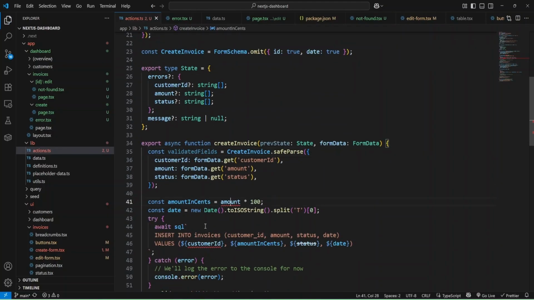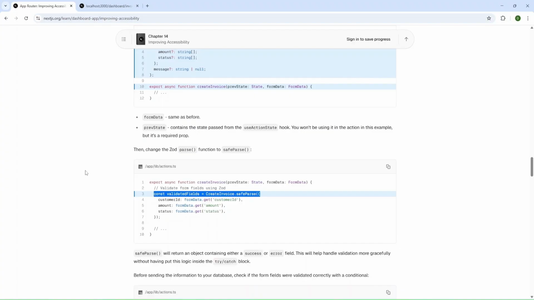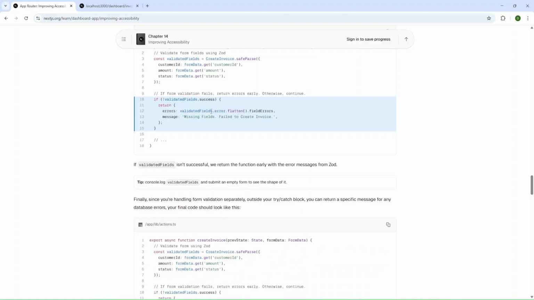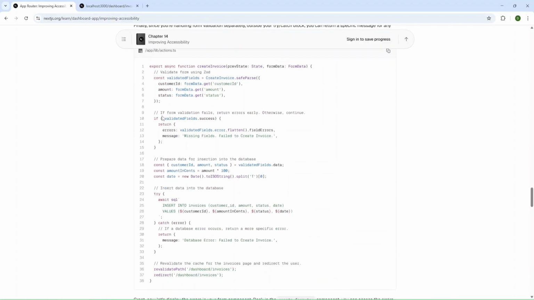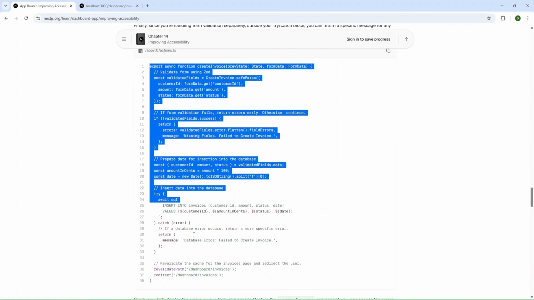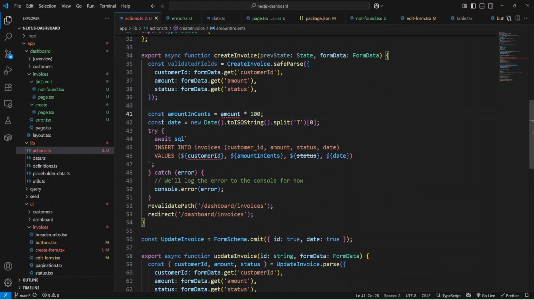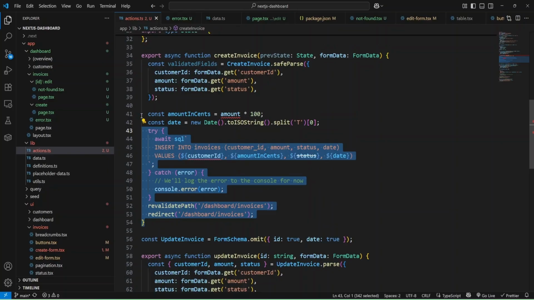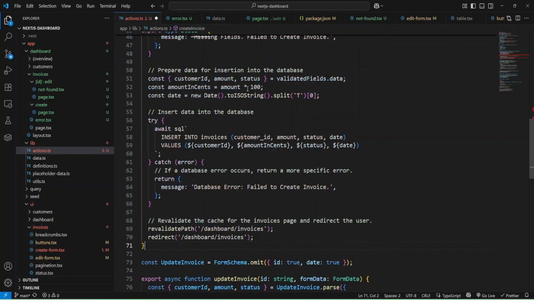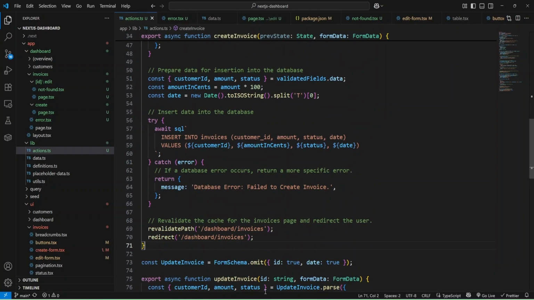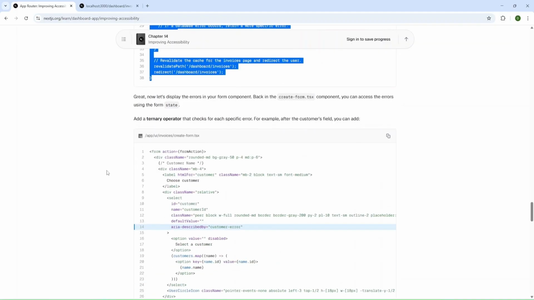Okay, and we have errors here, and let's check the code further. And they propose to check validate fields, and I'm going just copy the whole create invoice function and add it to my code. Okay, and we don't have errors anymore, and let's check what next.